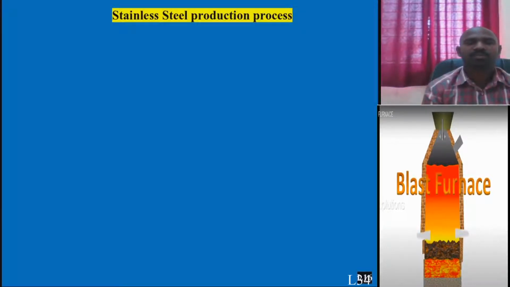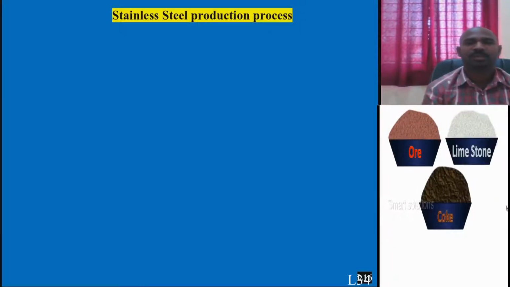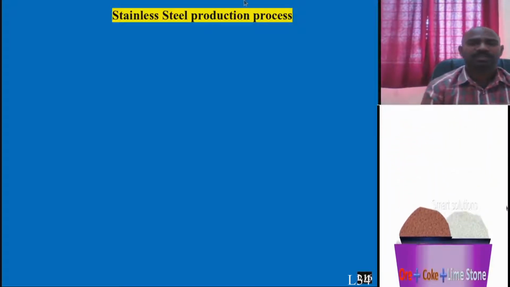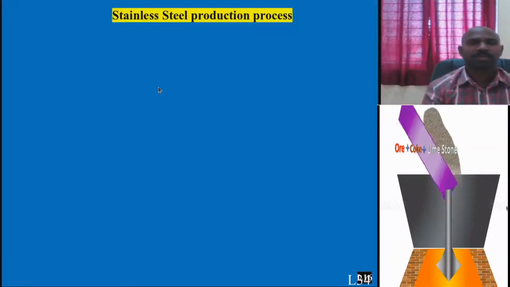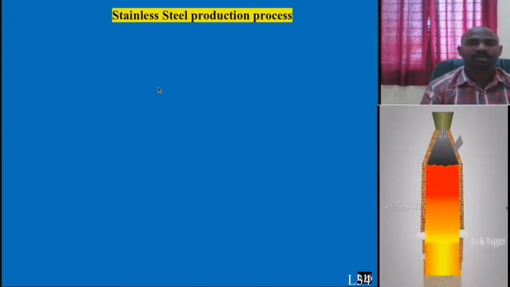Today I am going to talk about how stainless steel is produced. It is one kind of steel. As of now, we learned about steel production by the LD converter process, which produces plain carbon steels and a variety of alloy steels, as well as plain carbon steels produced by electric arc furnace. Now I am going to introduce one more point: how do you produce stainless steel?